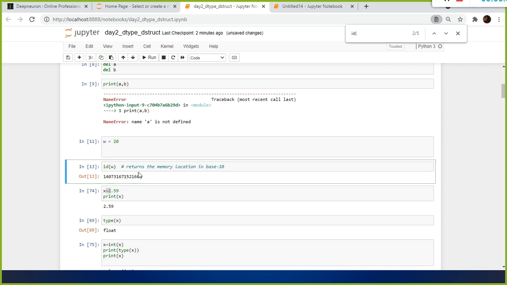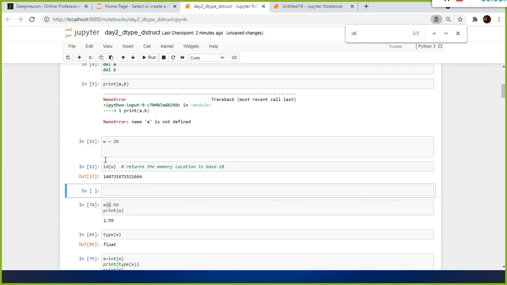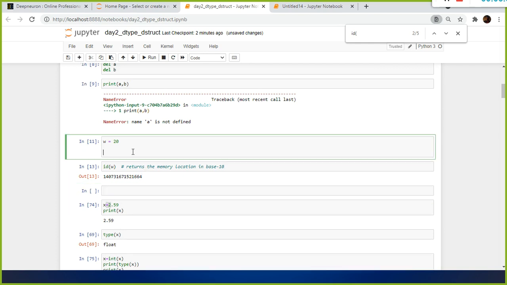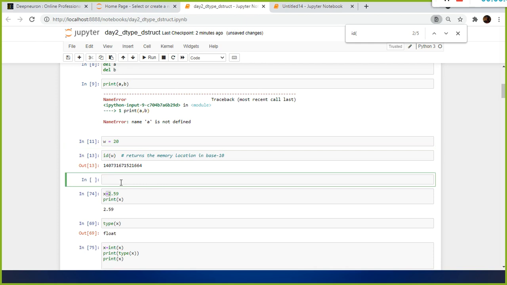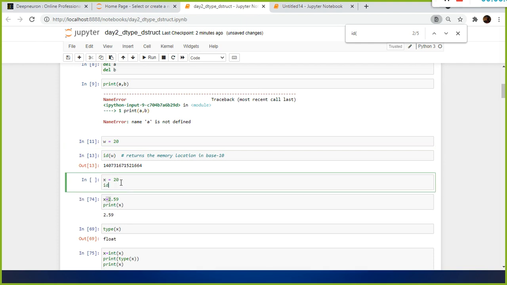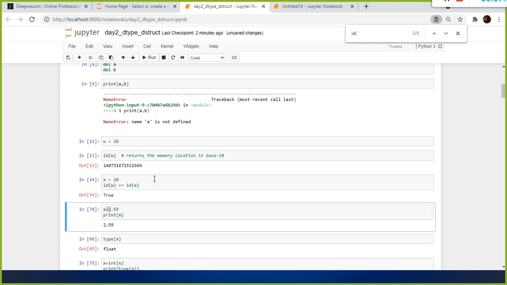Supposing I have another variable, I think I already discussed this. Anyhow, this is important, because in the online test or the interview, they'll be asking this concept, the interning concept. For example, x equals 20, and id of w equals id of x. It is true.